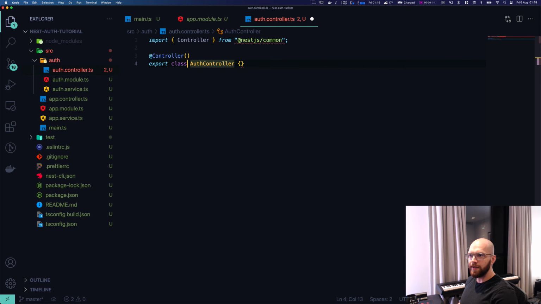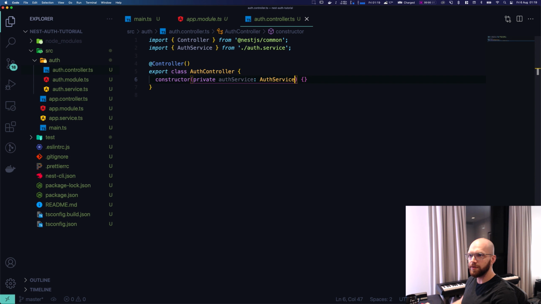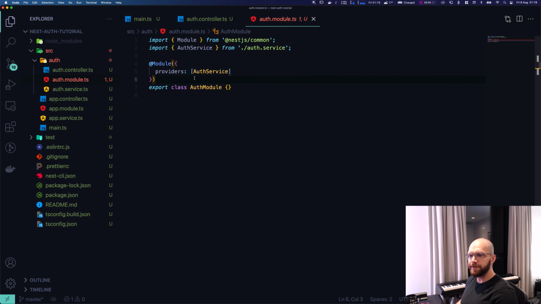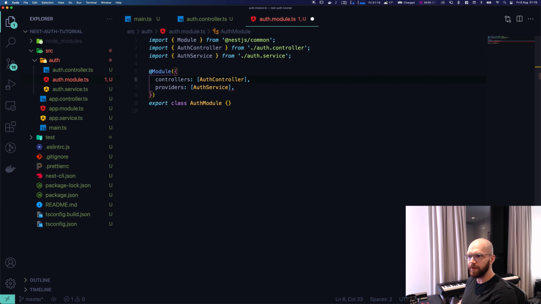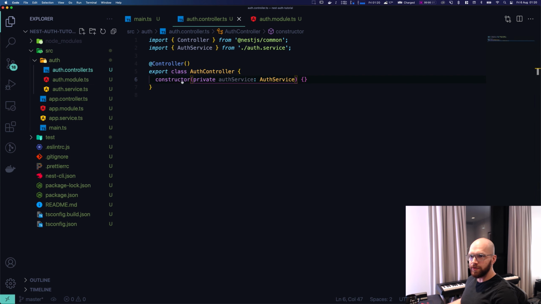Okay, and the controller will have to import the auth service, private auth service. And of course the module needs to import that controller as well. Okay, very well. In the controller, we will have two routes. We will have a sign in and a sign up route. So post